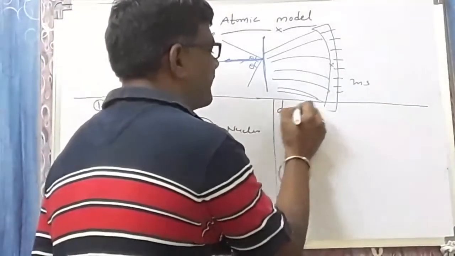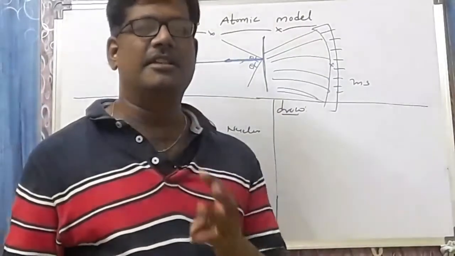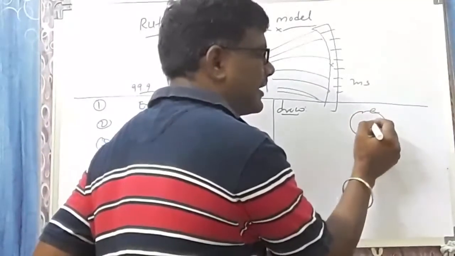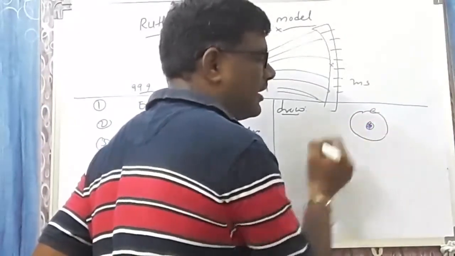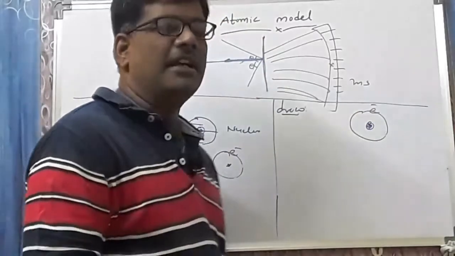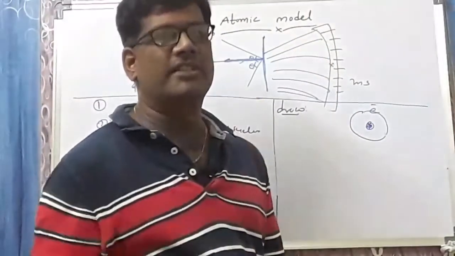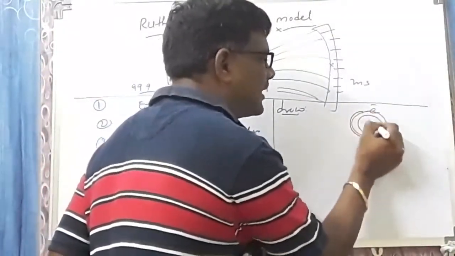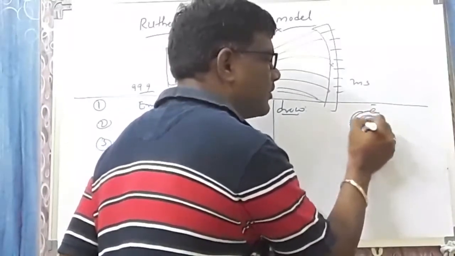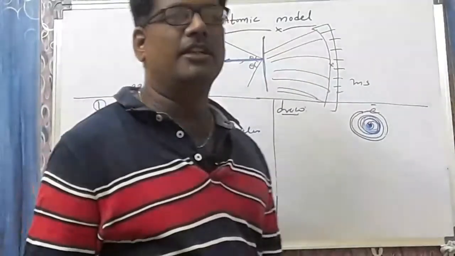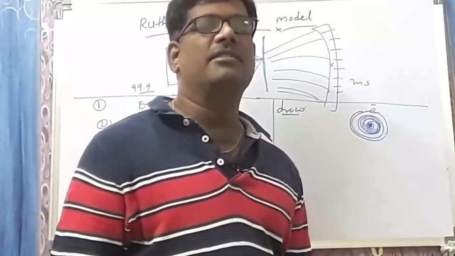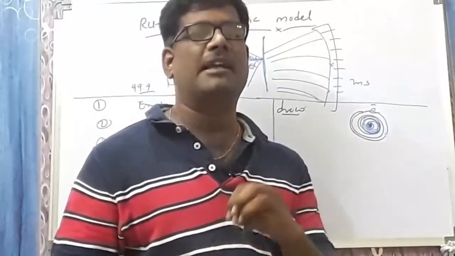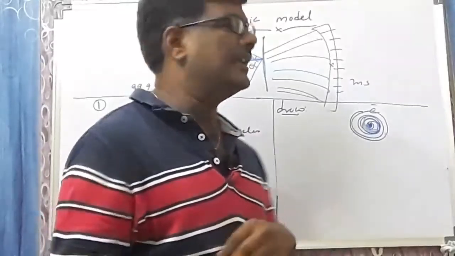What are the drawbacks? I already mentioned the drawbacks. We have three drawbacks. Number one, whenever an electron rotates around the nucleus in a circular manner under the influence of the positive charge, the nucleus has the positive charge and the electron has the negative charge. The positive charge attracts the electron towards the nucleus. So while rotating in a circular manner, it must lose energy continuously and come closer and closer to the nucleus. After some time, it should fall into the nucleus, and immediately bombardment takes place. The atom must collapse, but the atom is stable. This is the main drawback of the Rutherford alpha scattering experiment.